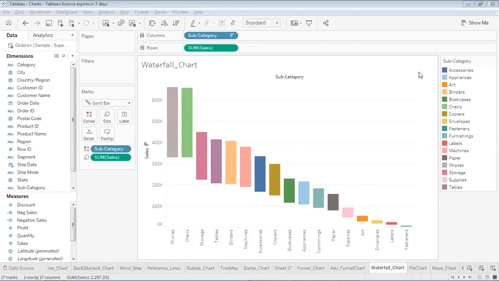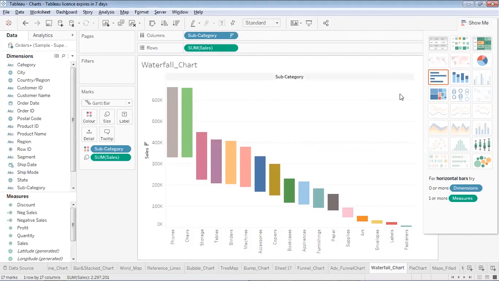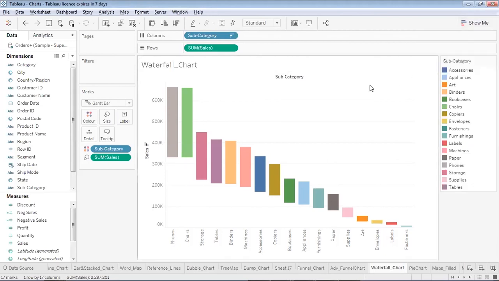Adding this chart to your Tableau dashboard will make the dashboard quite attractive, because this is one of those rare charts, as many people don't know how to draw a waterfall chart. So if you have to show a relationship between a dimension and a measure, then instead of using a stacked bar chart or a common visualization, you can choose something which is not even available in the Show Me suggestions. This will be a unique one, because very few people draw these. So now let's see how to create a waterfall chart.